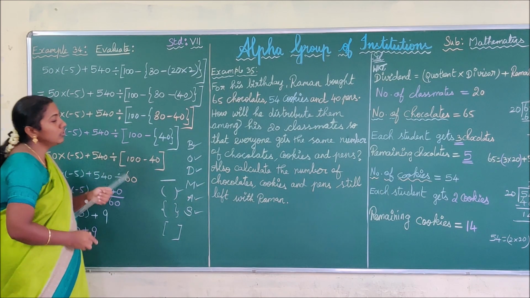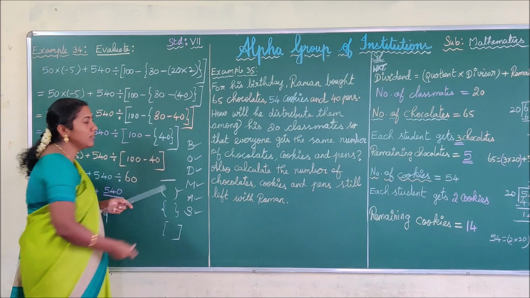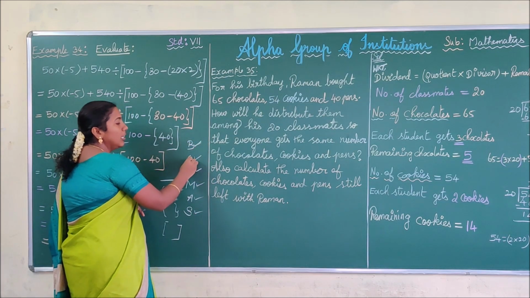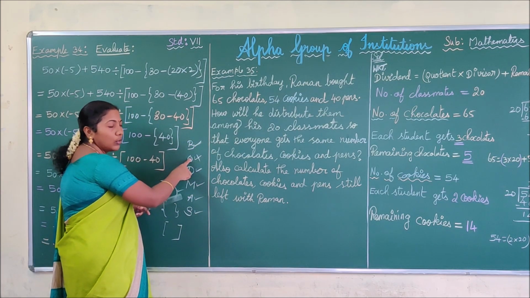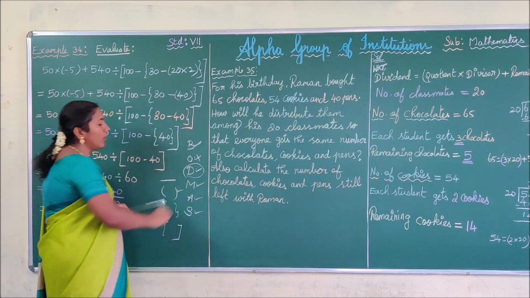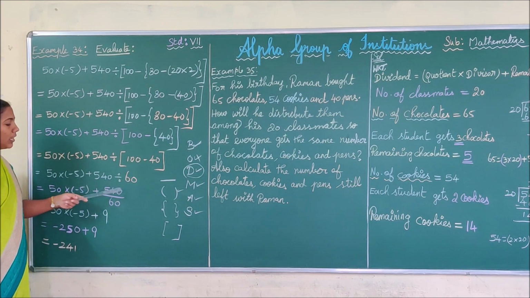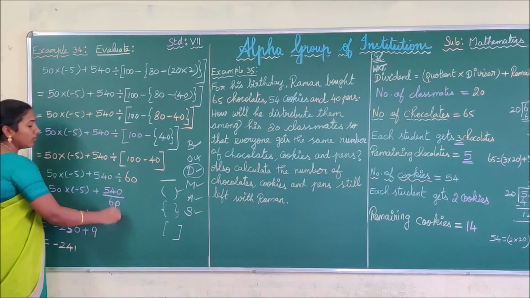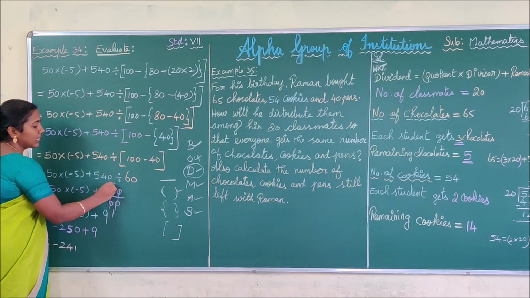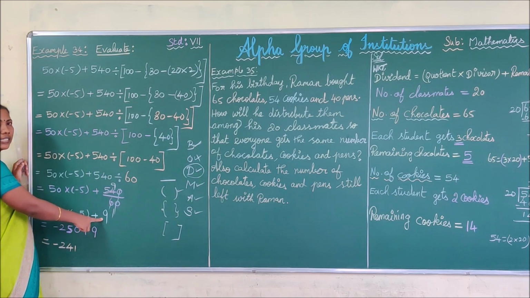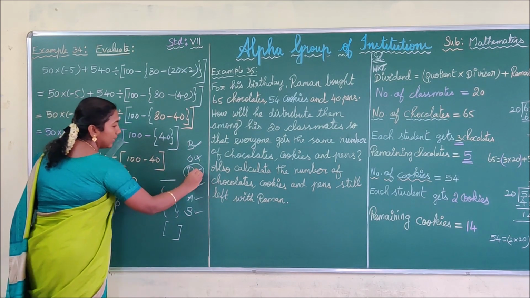Next we are going to follow the BODMAS rule. Thus we have completed the brackets. In the question we don't have of, so we go to the division. Here the division is between two numbers, 540 and 60. So divide 540 by 60. Zero zero cancel. 1 6 is 6, 9 6 are 54. So you get the answer 9. Thus we have completed the division.